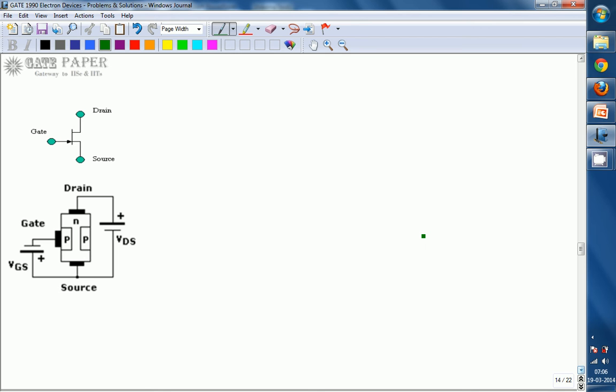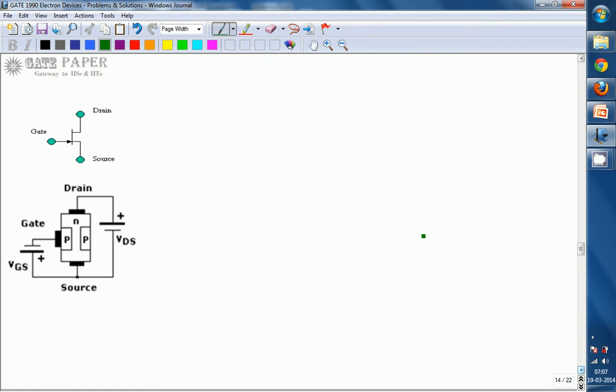Remember that. In N channel, current always flows from drain to source, and the gate to source junction is always reverse biased. In case of P channel, drain current always flows from source to drain, and the gate source junction is always reverse biased. Whatever the type of FET, the gate source junction must be reverse biased. Since it is N channel, we should apply VGS as negative to make the gate source junction reverse biased. So this is the biasing arrangement, VGS and VDS. Plus sign is indicated for the positive terminal.